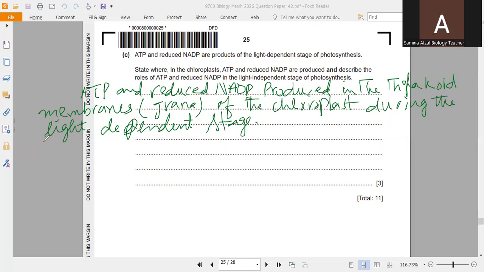So the role of ATP in the light independent stage, or in the dark reaction, is